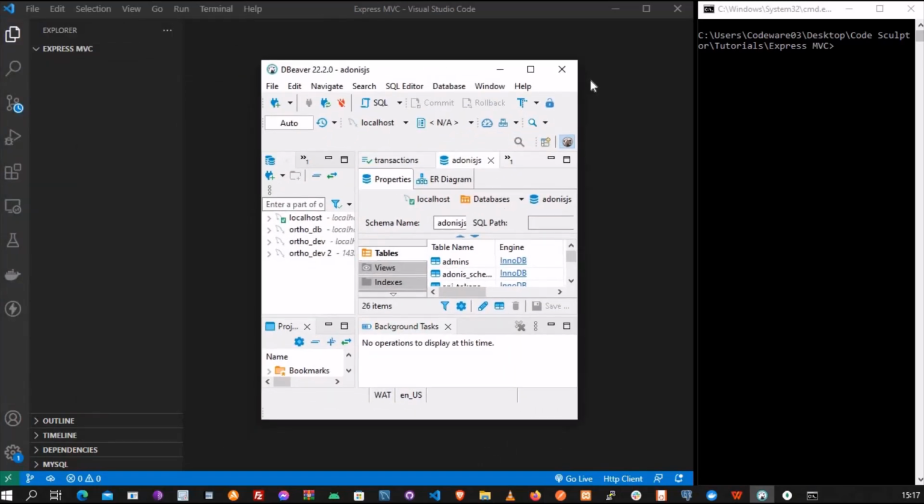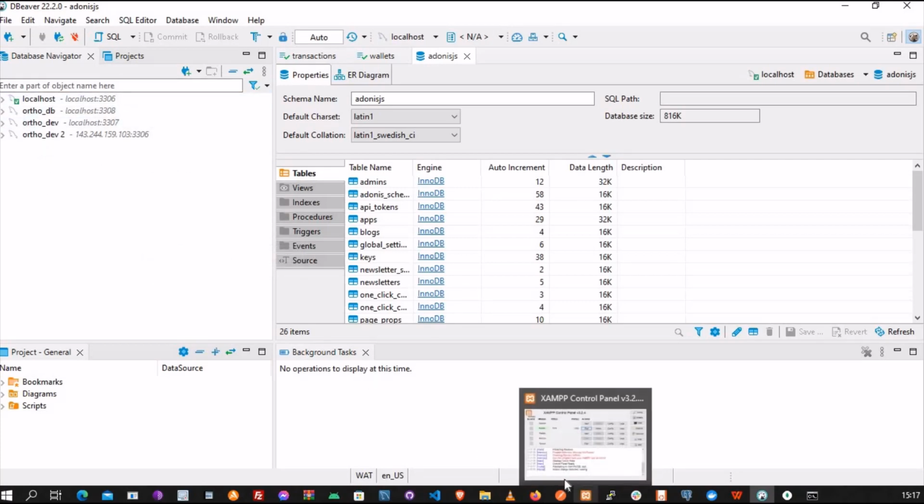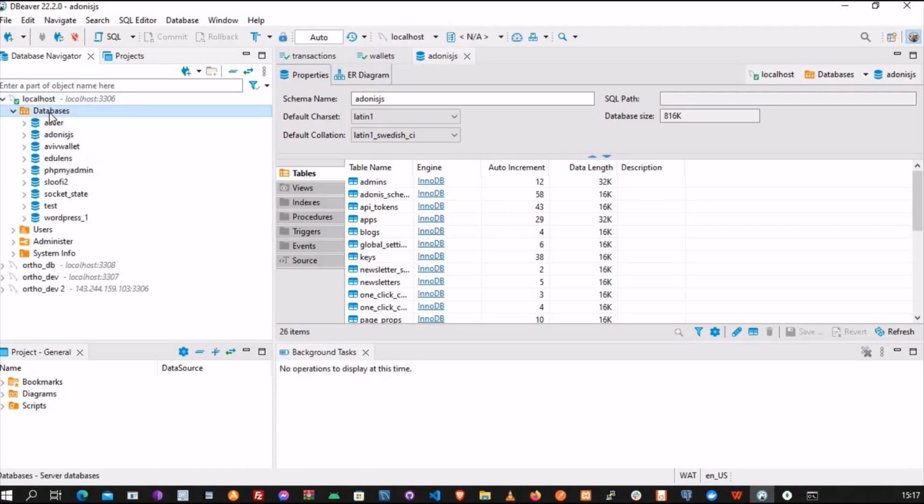I use DBeaver, so this is where my data are. This is where I manage my database from, but my database runs on XAMPP. So I'm just going to create a new database right now under my localhost. I'm just going to create a new database and